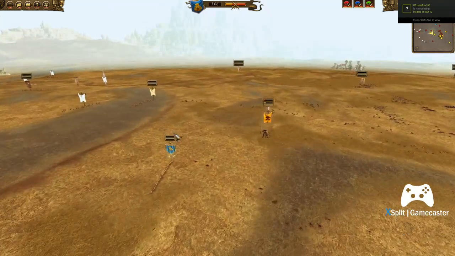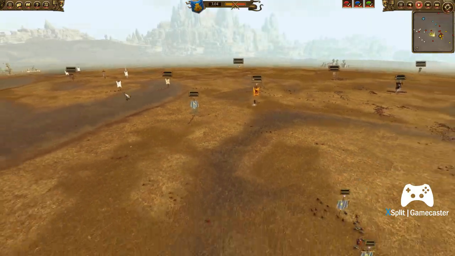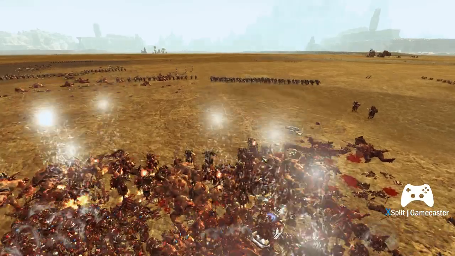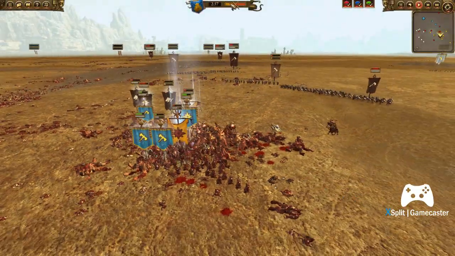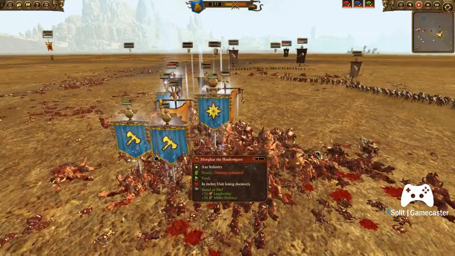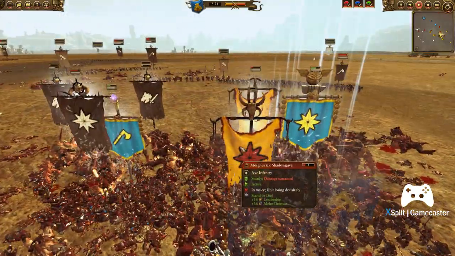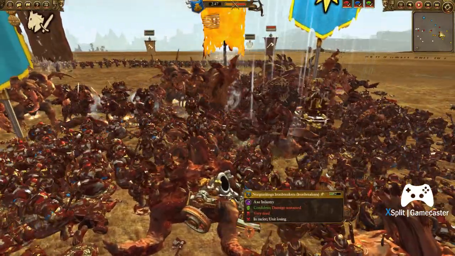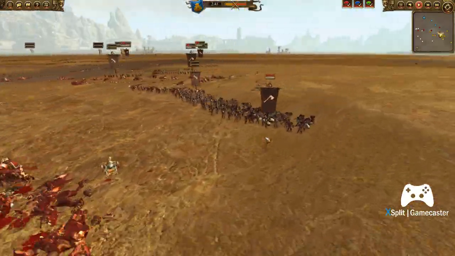Cygor bullying some Dwarf Warriors who fled the battlefield. You can see now the balance of power, I'll flip this back on, has shifted quite significantly against me as I just try desperately to Lord Snipe this Morgar. And you can see over here,